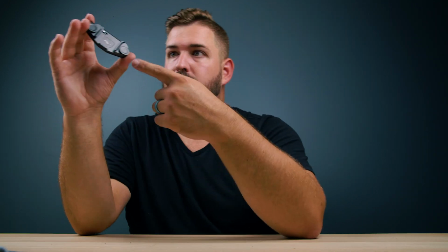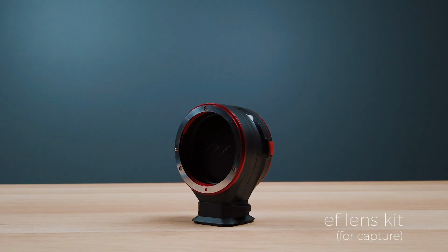So what I use this for is for this guy. I believe this is called Capture. This is a lens mount for this. Locks right into there. Mine is for EF lenses because the glass that I use is EF. But what's cool about this is this gives you the ability to hold lenses, so then that way lens changes are easier like this. So if I'm shooting, I have this on my backpack strapped like that,